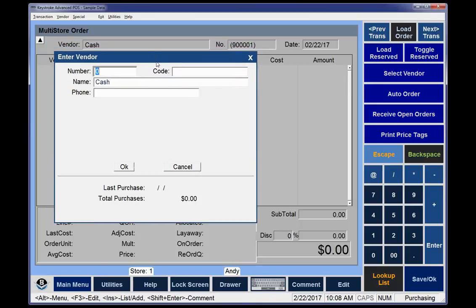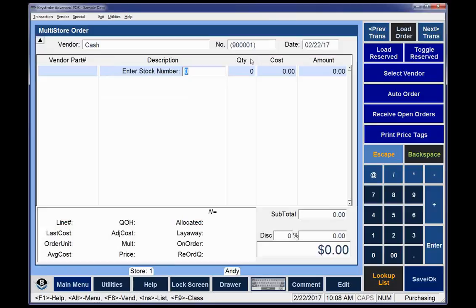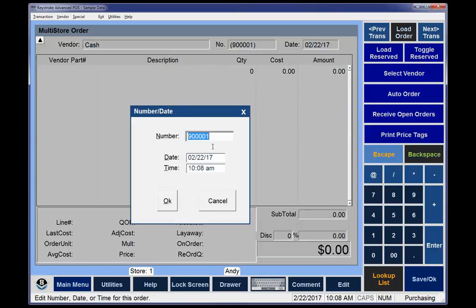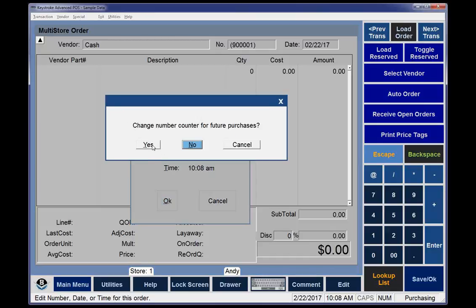I'm going to move this down just a little bit here. I've already changed the next number. Multi-store orders and purchase orders or invoices can have a different numbering scheme. So all you need to do in this case is to click on the number, put in what you want it to start at. Let's use that number there, 500,000. When I say OK, it says, well, I like to change the counter, and it's going to save it just